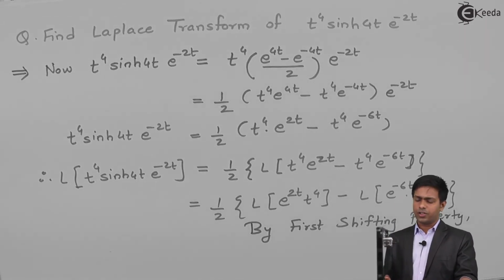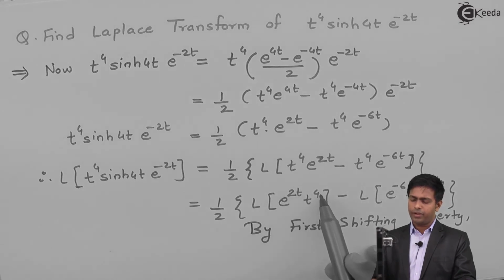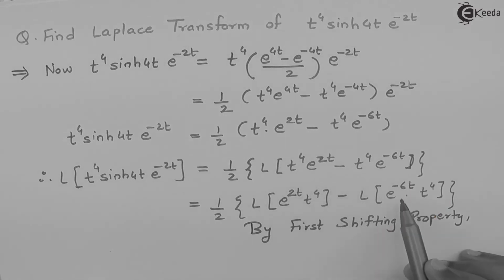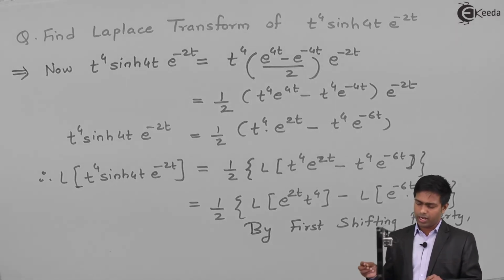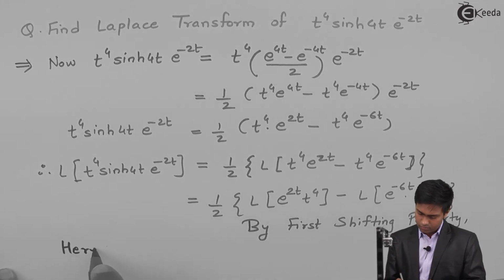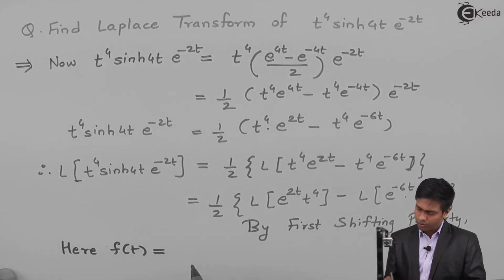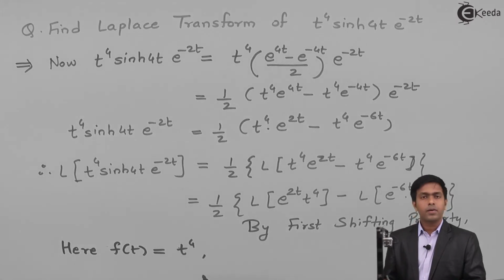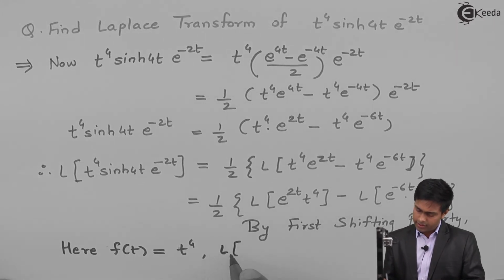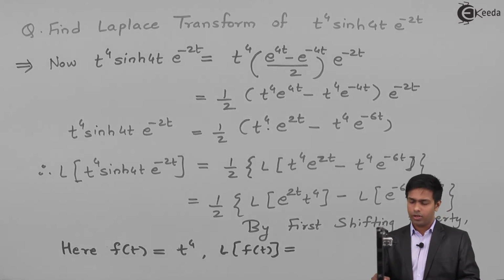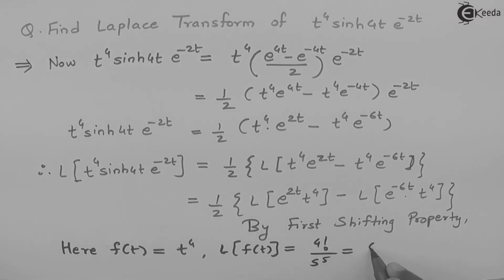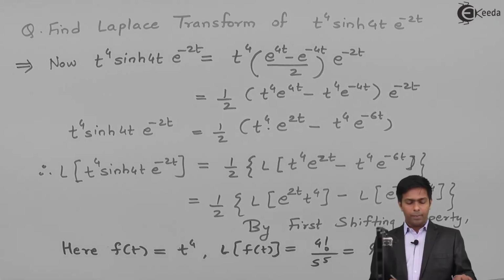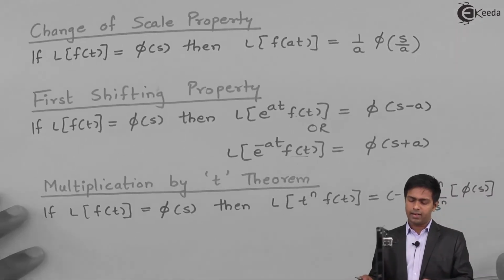So now according to first shifting property, we have e raised to at f of t. So this is the f of t, and here we have e raised to at f of t. Now in both the terms f of t term is same. So here I'll say f of t is equal to t raised to 4. So therefore the Laplace of this f of t, that is the Laplace of t raised to 4, is 4 factorial upon s raised to 5, and I'll say this as phi of s,